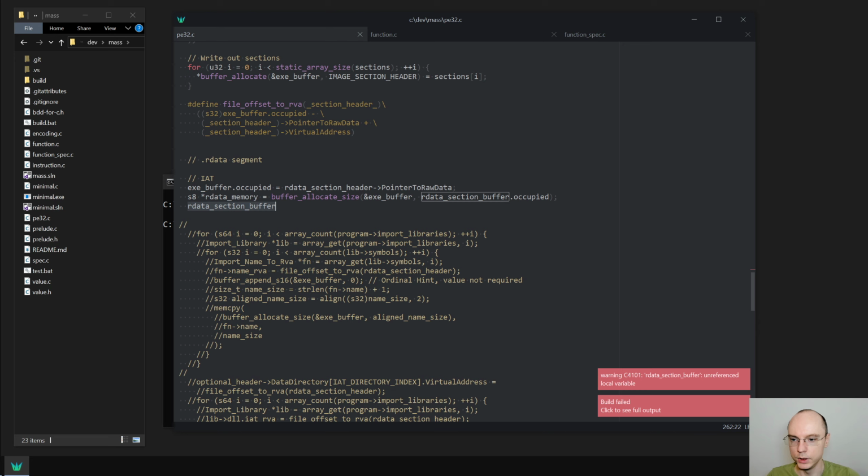And then we just need to copy. So mem copy our data memory, and then we have this